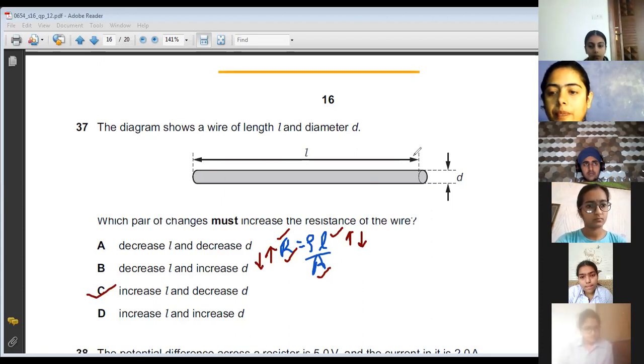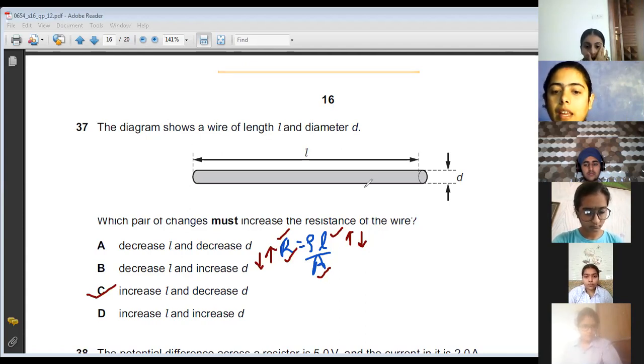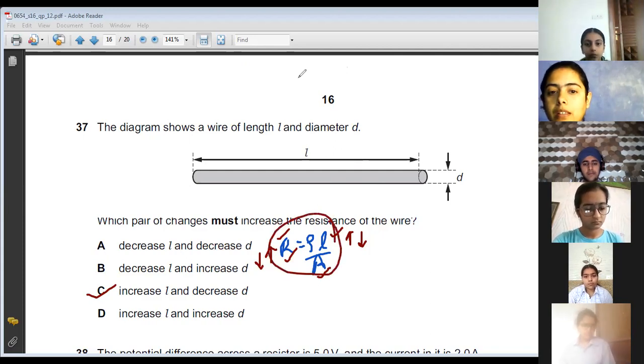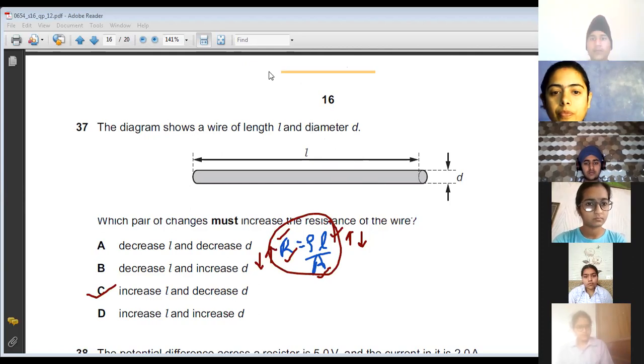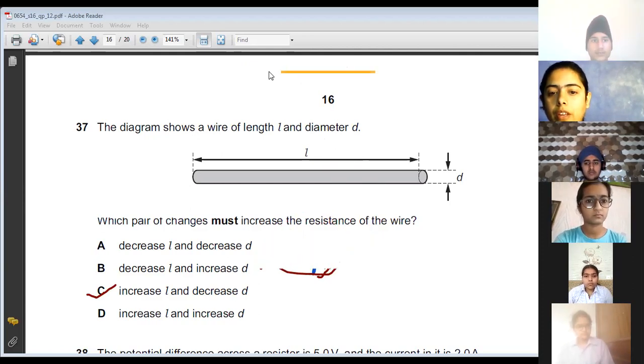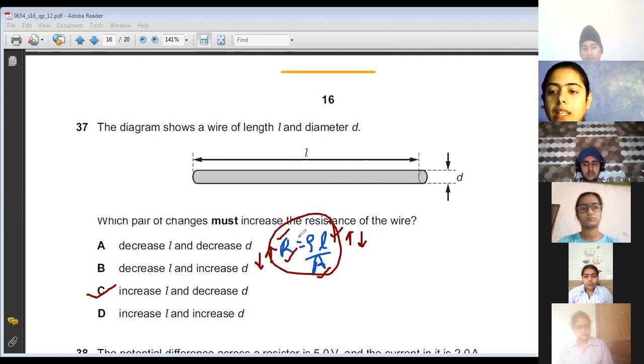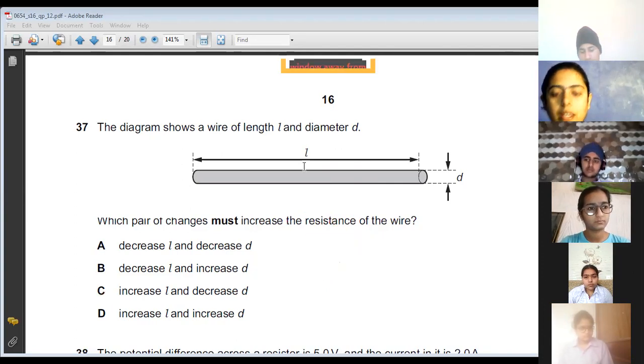Is this clear? If the same kind of question comes in the 6 marks paper, paper 3, you have to write why, what is the reason behind it. Here it is MCQ. But is the point clear? Whenever you have questions based upon this formula, the numericals, please understand, R is equal to rho L over A. You increase the length, the resistance is going to increase. You increase the area, the resistance is going to decrease. Okay, very good. Moving on to the next question.